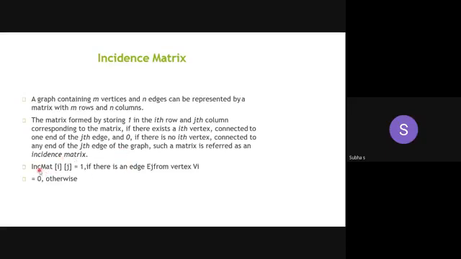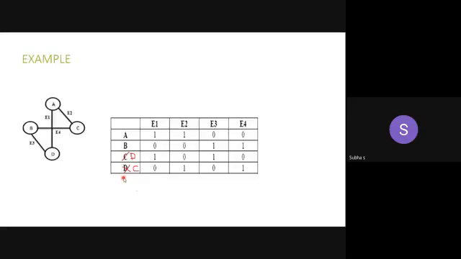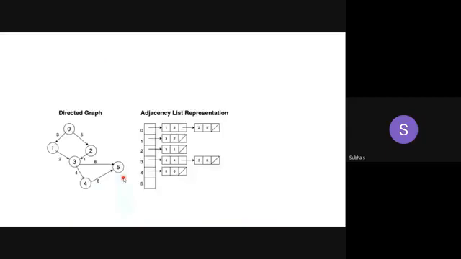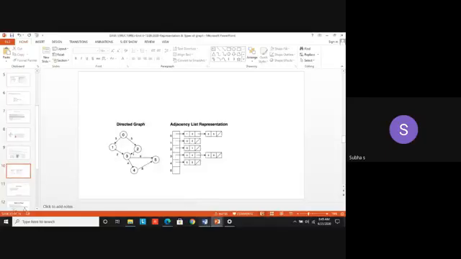Yes. So here, in the third point, we simply give it as the incidence matrix of i, j equal to 1 when there is an edge Ej from vertex Vi. This is a common representation you have to know. But for the adjacency matrix, what are we doing? Adjacency matrix of i, j equal to 1 if the vertex Vi is adjacent to vertex Vj. That is the difference between the incidence matrix and the adjacency matrix. If there is no edge, put it as 0. Yes. So these are the 3 representations of a graph. So we move on to the traversal.